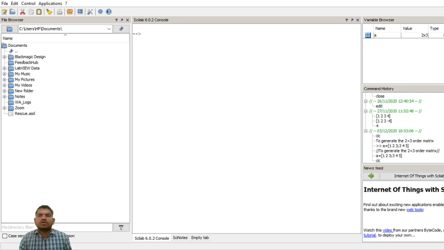Now, what are these windows? In the variable browser, the variables we use while writing the program are displayed: name, value, type, and visibility. In the command history, the commands of previous programs are stored.